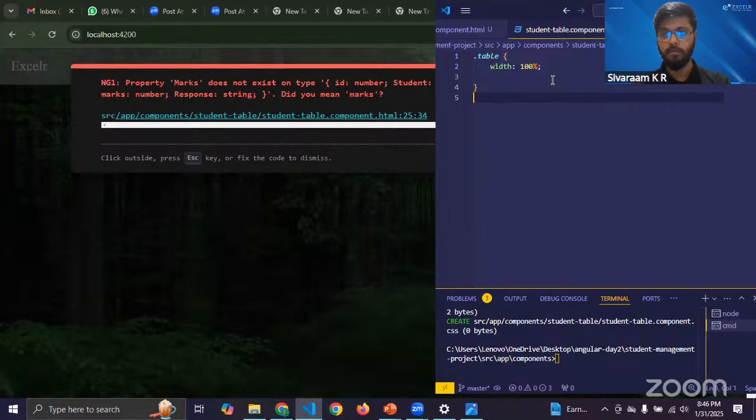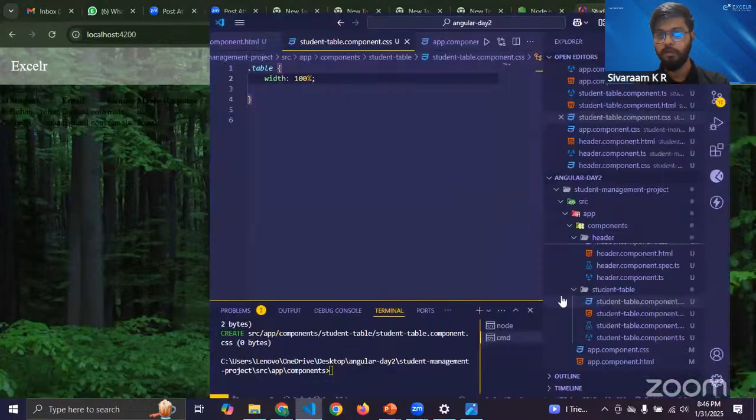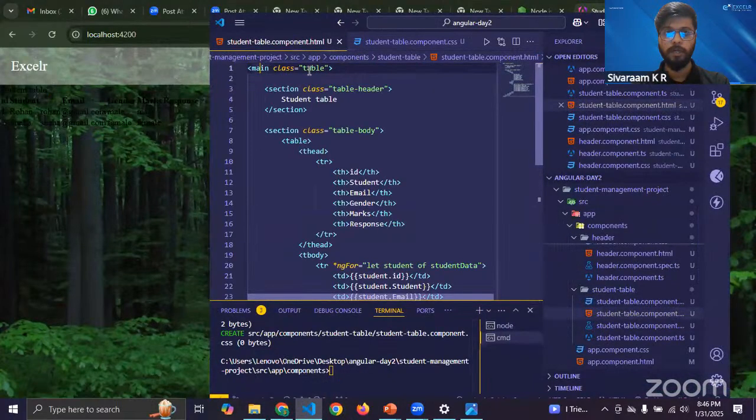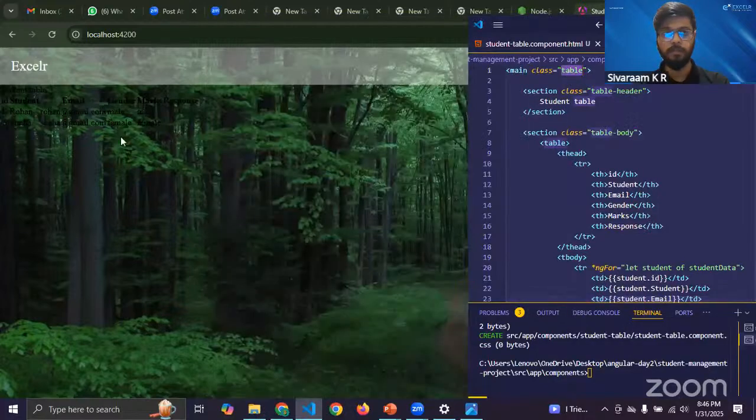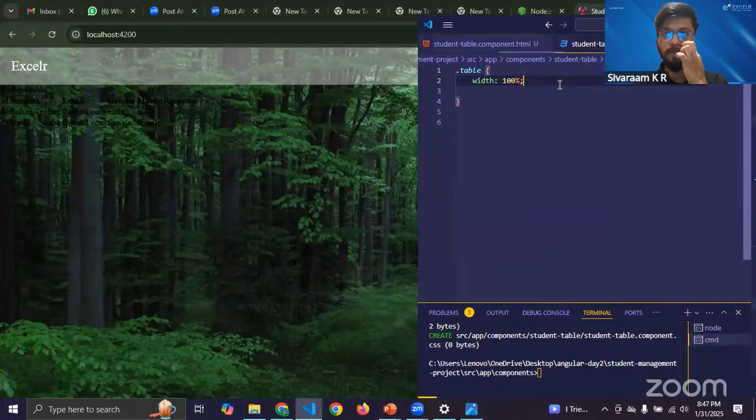So then, this whole thing is inside my main, which belongs to class table. Since I know everything is inside this, if I want to change the color of this, I need to add this property inside my table. Since everything is inside, it will reflect towards the entire application. You can see here, as soon as I add color here,